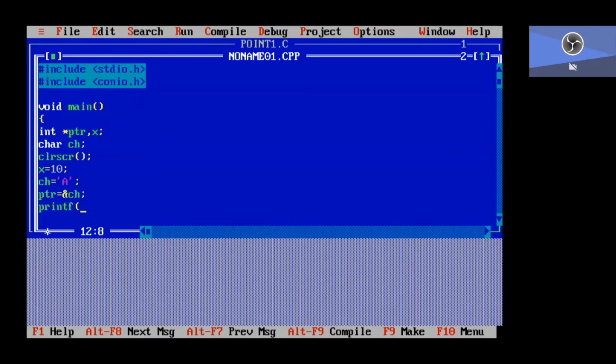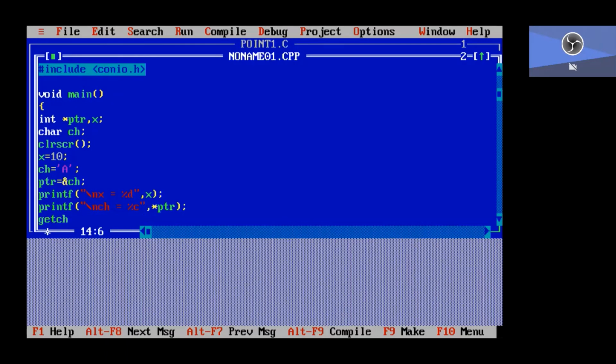printf \n x equal to %d comma x, printf \n ch equal to %c comma asterisk ptr, getch.